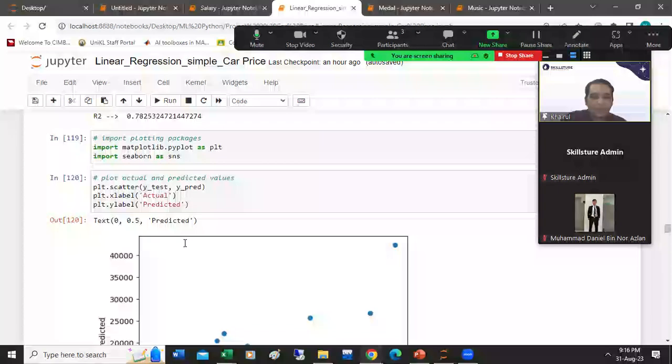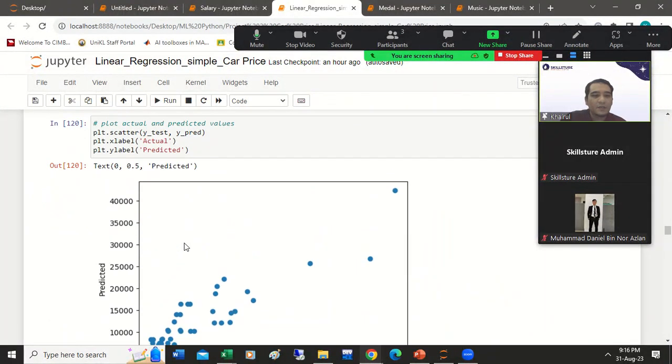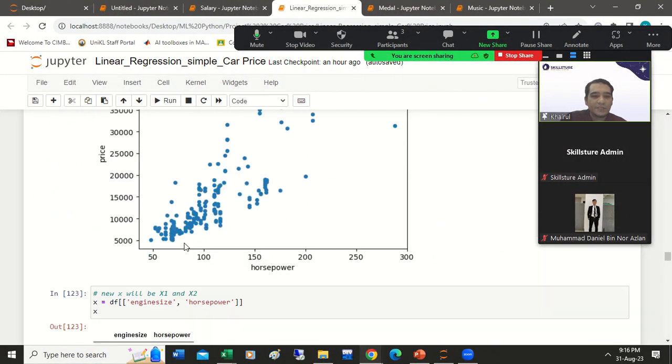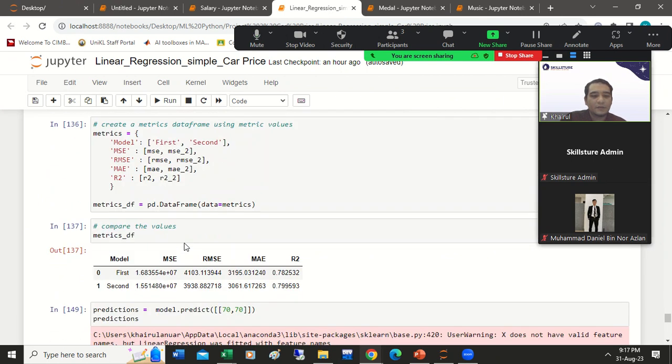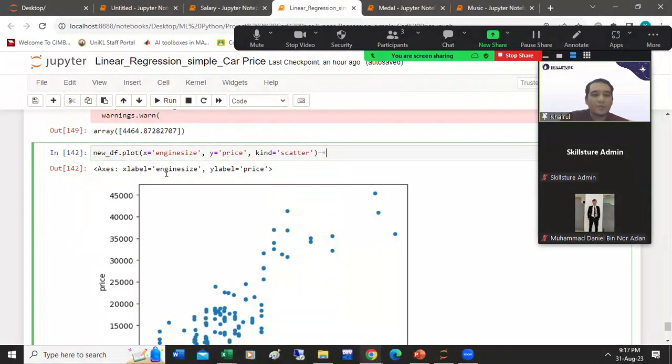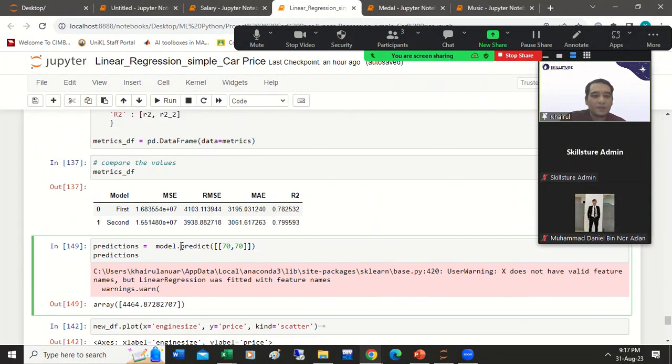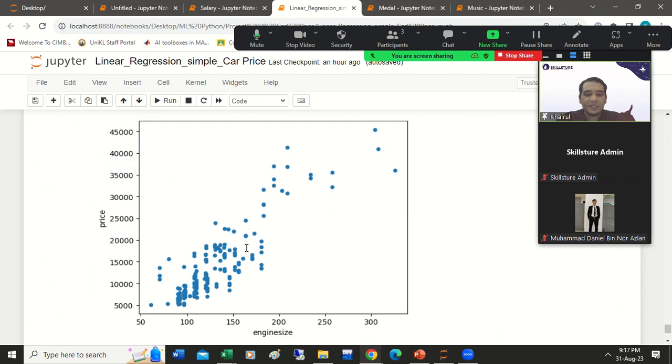So we just go straightforward, to simplify the program. As you can see here, we want to predict the price for a given engine size. Let's say I want to predict the range from 70 to, let's see the data first. Let's say I want to predict the price for engine size 200